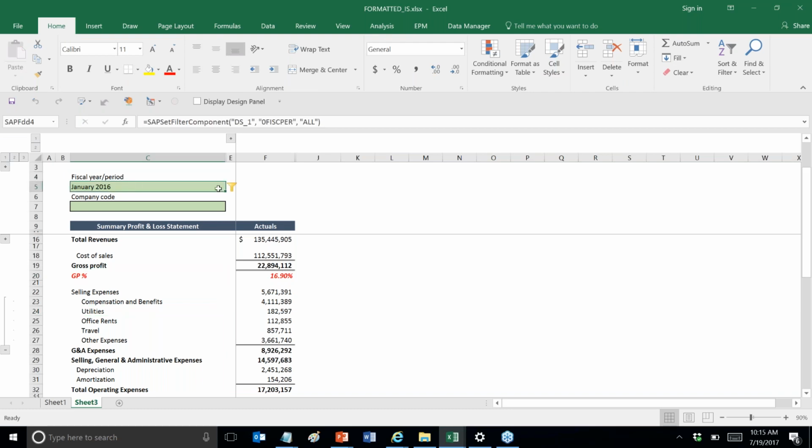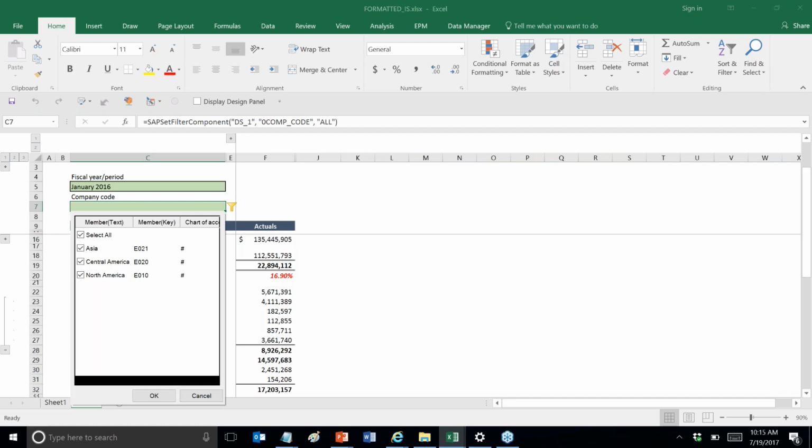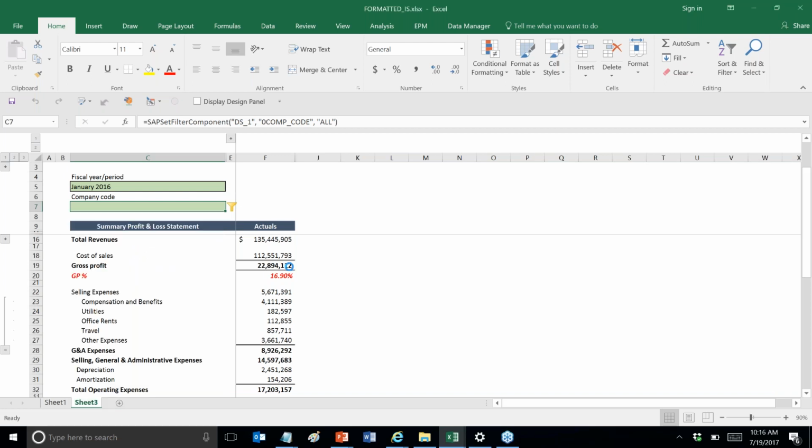So if you wanted to change this to red or change anything within here, this is all, again, highly formattable. We've got custom filters up here, so we could filter on a specific month. In this report, we set up another filter for a specific company code. So if we wanted to change that, again, once we change North America, the report refreshes automatically on the fly here. Also, in this formatted P&L,